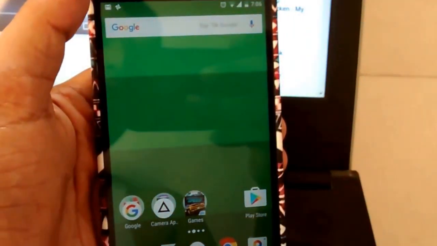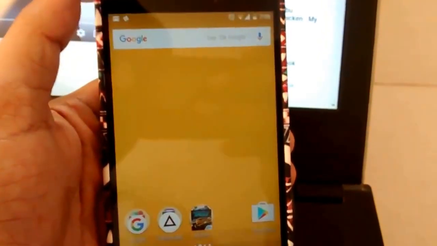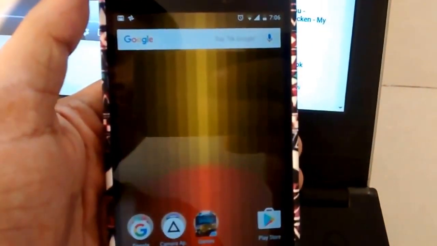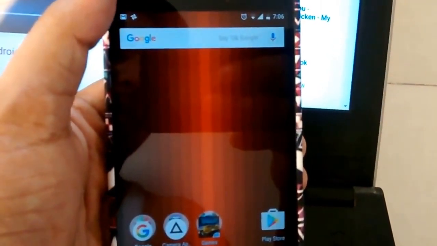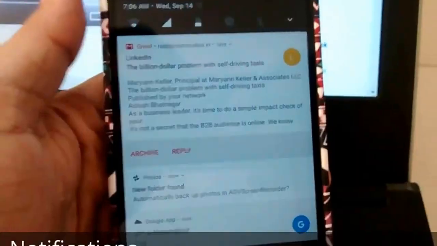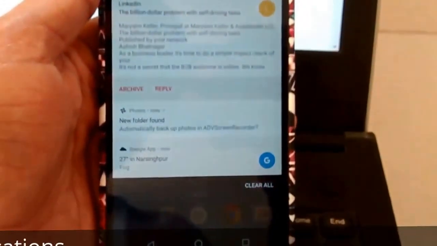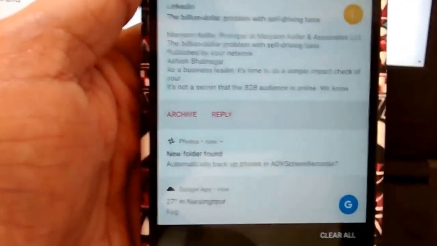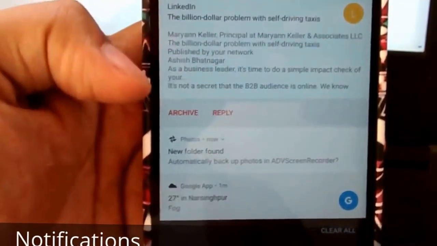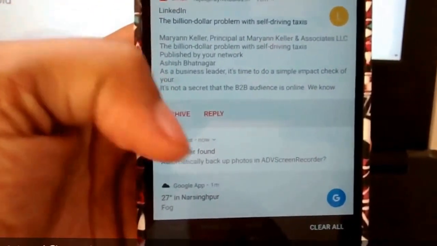Jump cut 4. We are finally booted to Android N, and as you can see there are some notifications pending. So let me pull down that bar. Notifications. So we are seeing this new kind of notification panel and it looks awesome, and as you can see there are two buttons here, archive and reply.